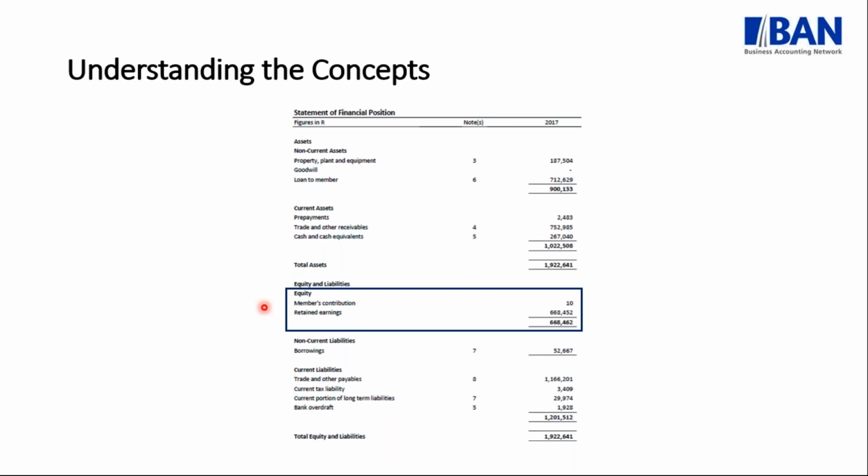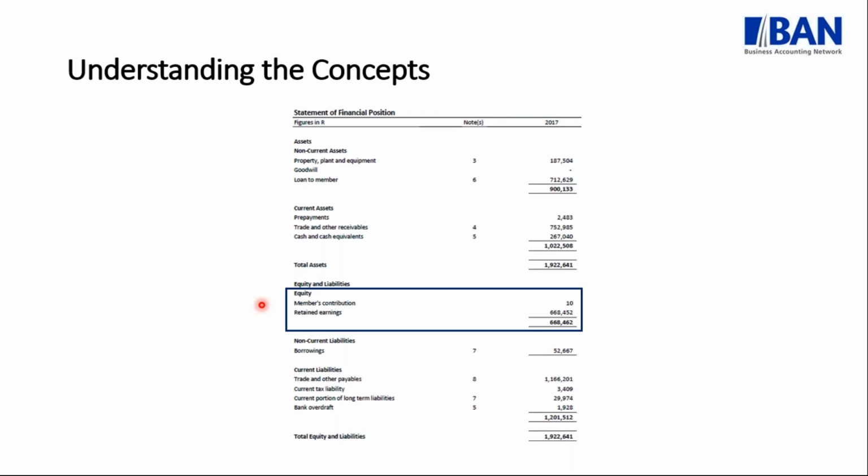So when we look at solvency and we look at this balance sheet, for example, we can see that we've got positive equity over here. So that means that there's some value in the business. My assets exceed liabilities, and that you can see by looking at your total assets over here, about 1.9 million, and your total liabilities over here, which is about 1.2 million. So that's typically the position that you want to be in. You want your assets in total to exceed your liabilities.